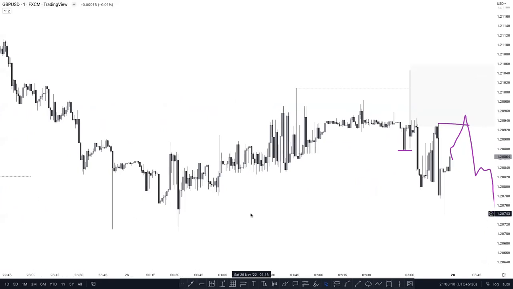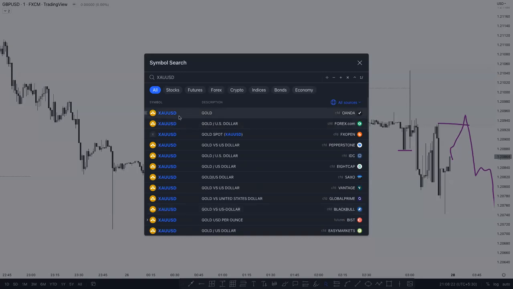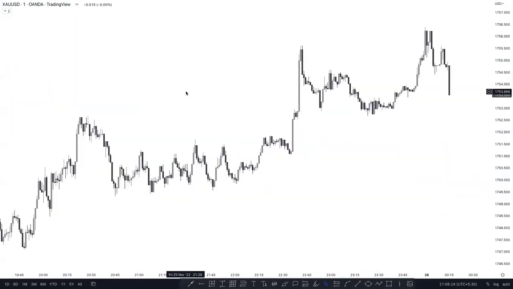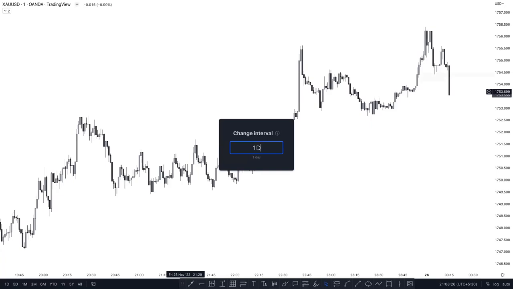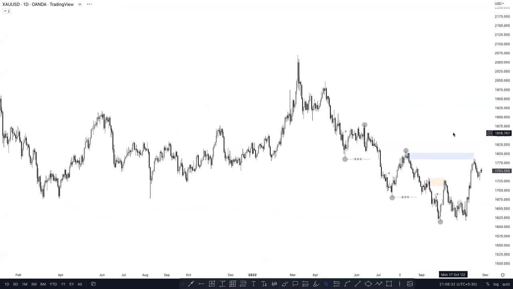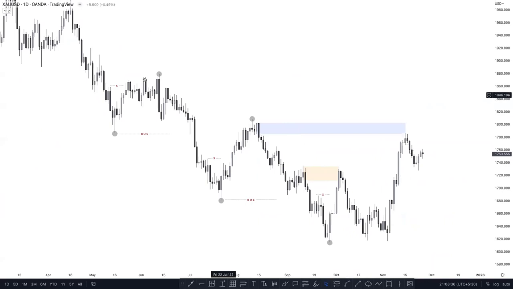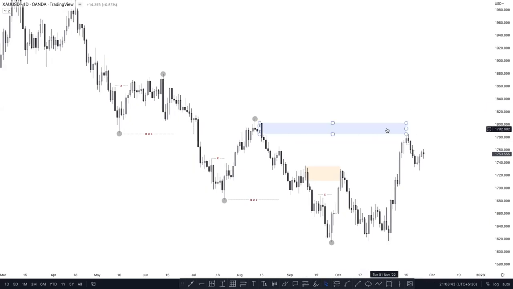Okay, now switch into another pair. It's gold. Switch into higher time frame picture. Okay, so right now we have a situation like this in gold. Market momentum is currently bearish and market continues falling, and price taps on the extreme point, and right now